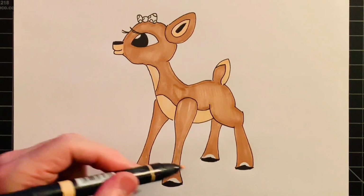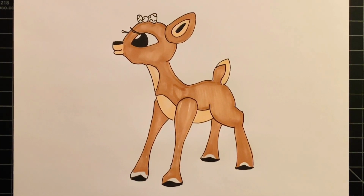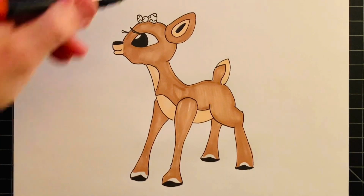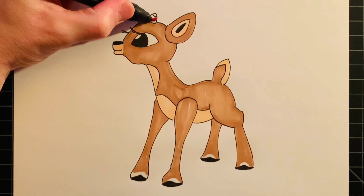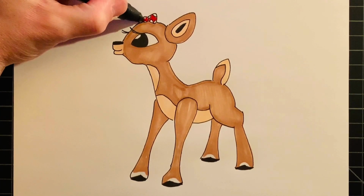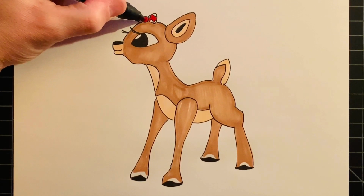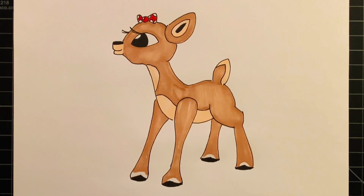And then the hoof areas, you can do the peach or leave them open. I think I'm going to leave them open, and I'm going to finish it off with her iconic bow and fill that in red around the polka dots. Yeah, it's really a burst of color into the drawing. And that is going to be the drawing for